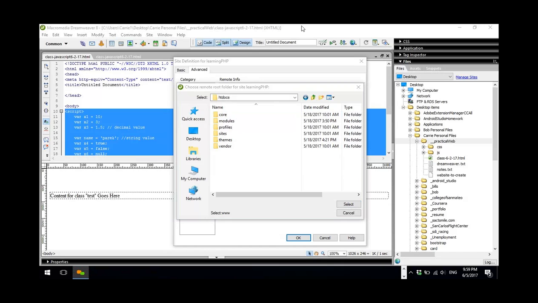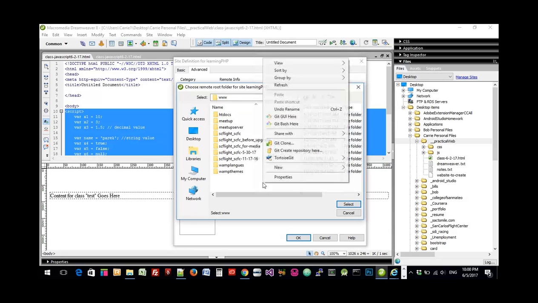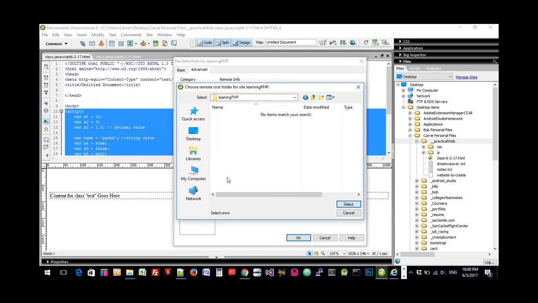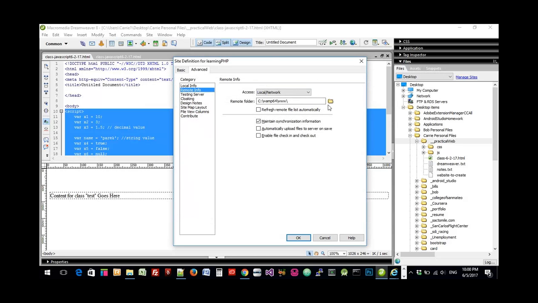You have to go up one level. Now create a new folder, learning PHP. Go inside that folder and select it. Because in your case it's www. In our case it is htdocs. For your case it's not htdocs; it's www, similar to the htdocs we have. So if you create Drupal also inside www, you can create Drupal 6, 7, whatever you want, and install Drupal inside that. So in the www,